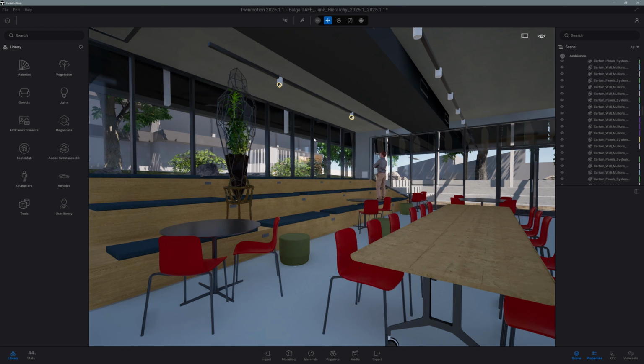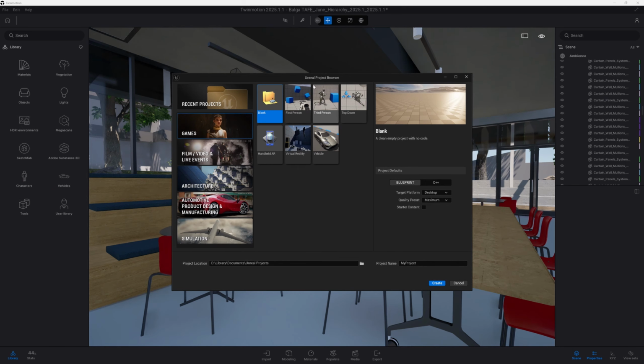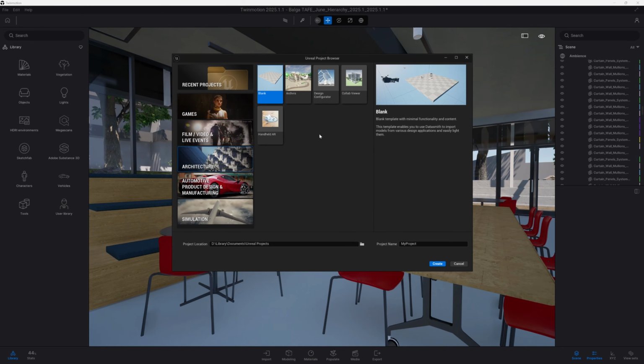All that means is that you need first an Unreal Engine project and a folder that you can direct this Datasmith file to be exported to. So I'm going to go into Unreal Engine. I'm using Unreal 5.5.4, and now something else that I want to mention is, if you are working on architecture,